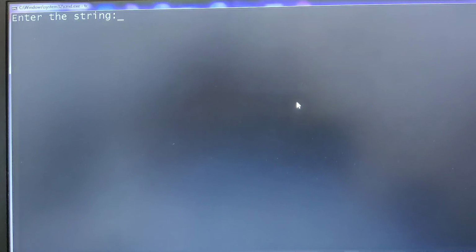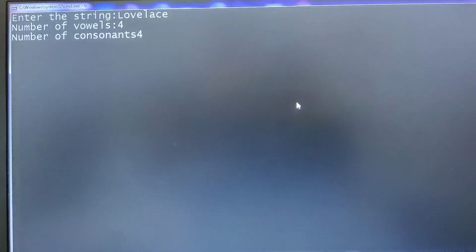Now let me give another input as Lovelace. See, the number of vowels here is 4, because O, E, A and E. No matter the repetitions, it will count how many vowels are in a given string.